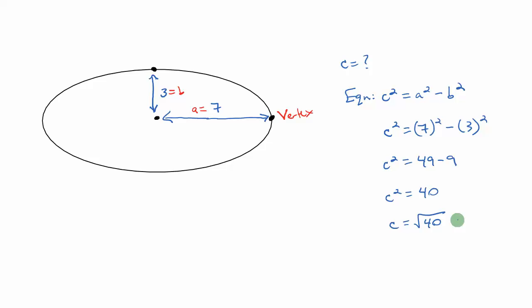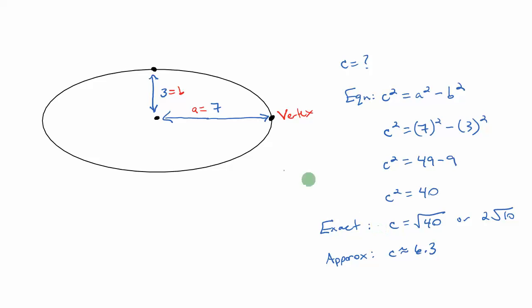Or if you simplify it, you get 2 square roots of 10. I don't have a preference here. Actually, I do. I prefer the square root of 40 over 2 square roots of 10. And if you wanted to give an approximation, so this is exactly the value of c. An approximation, c is approximately